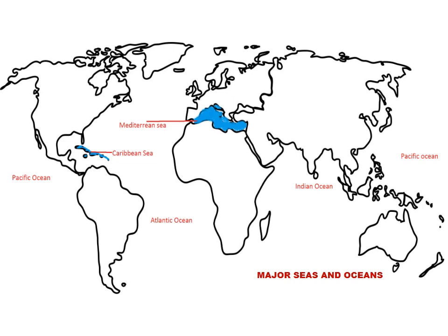This is the first map where you have to locate major seas and oceans. Now the major oceans first. Indian Ocean. The location of the Indian Ocean is very simple, as it is situated at the tip of India. Clear? So this is India, and at the tip of India, the Indian Ocean is located.